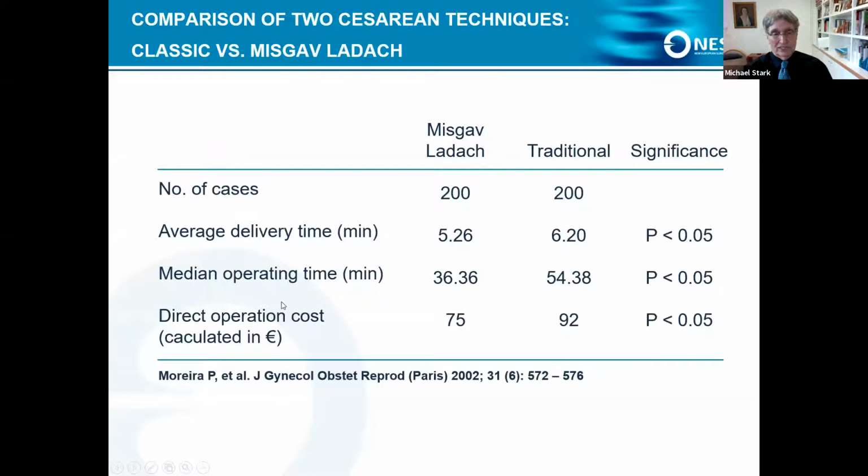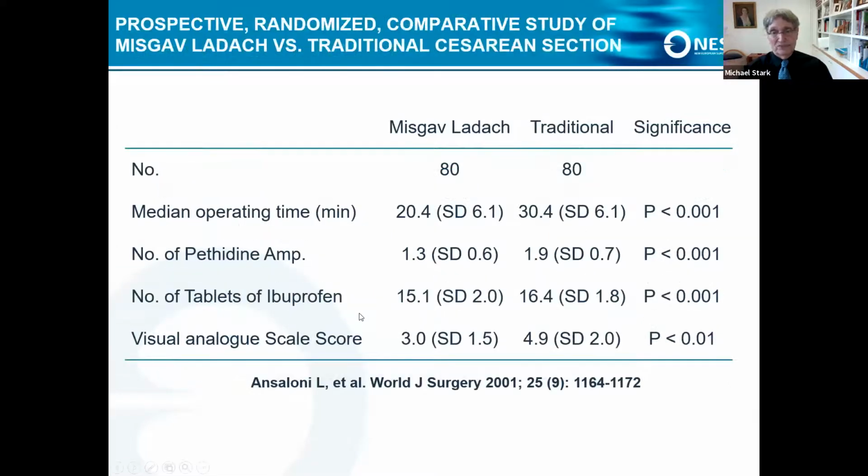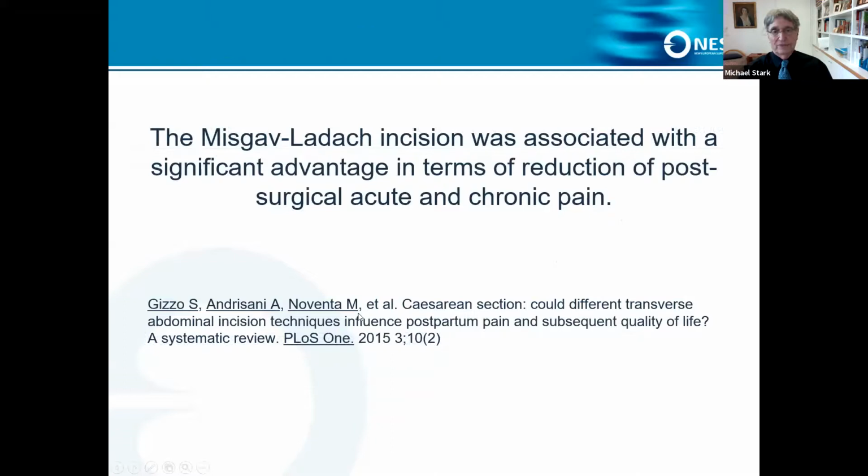This is a study which was done in Africa, in Senegal, showing that the operation time is shorter and the direct costs of the operation are lower. Again and again. So to summarize, the Misgav Ladach incision was associated with significant advantage in terms of reduction of post-surgical acute and chronic pain,